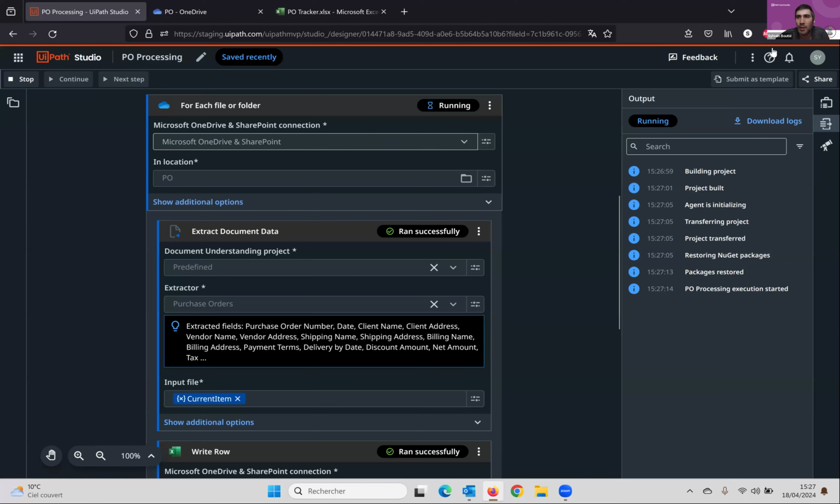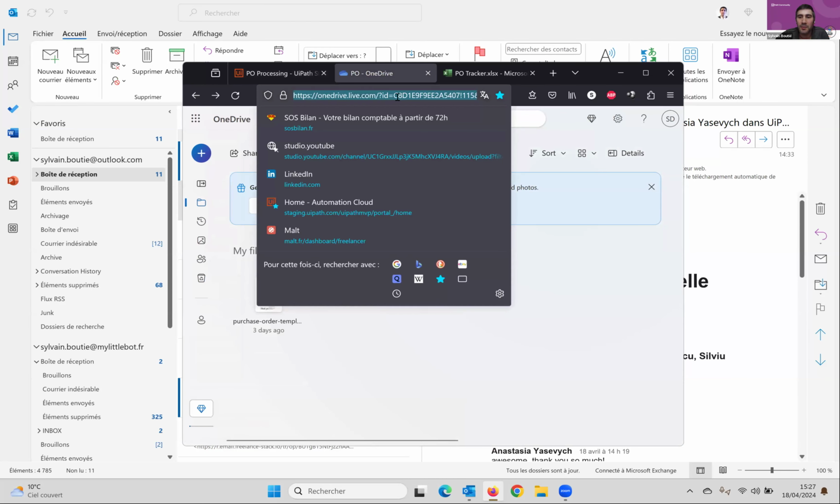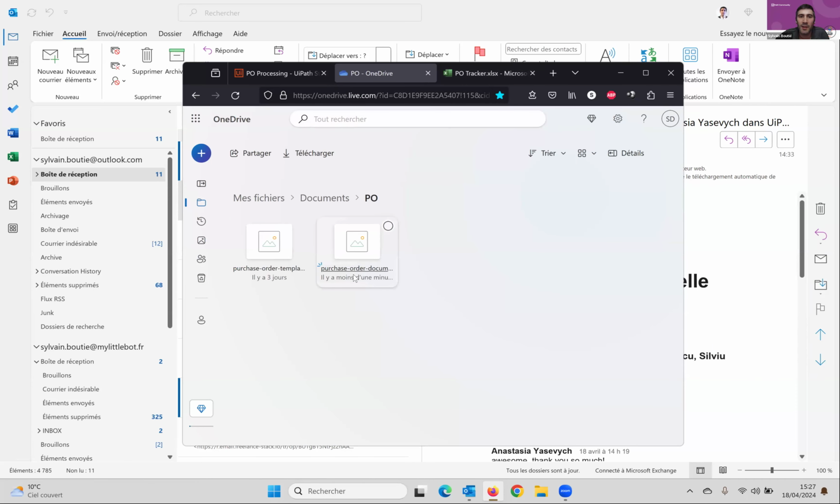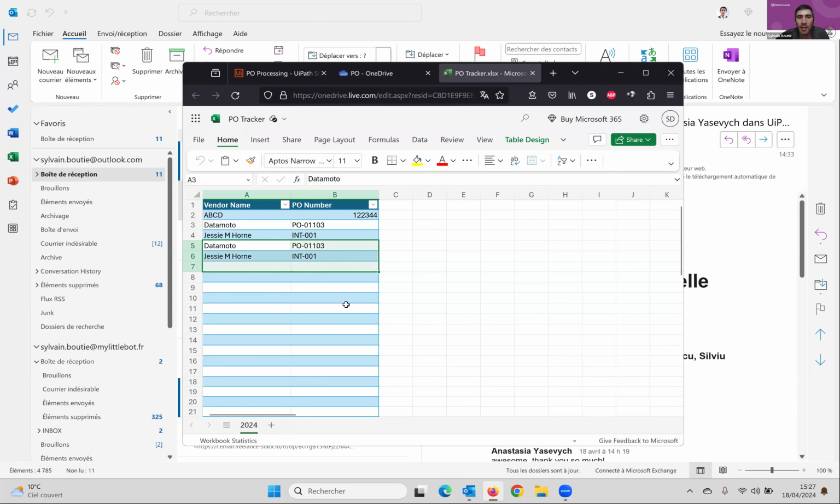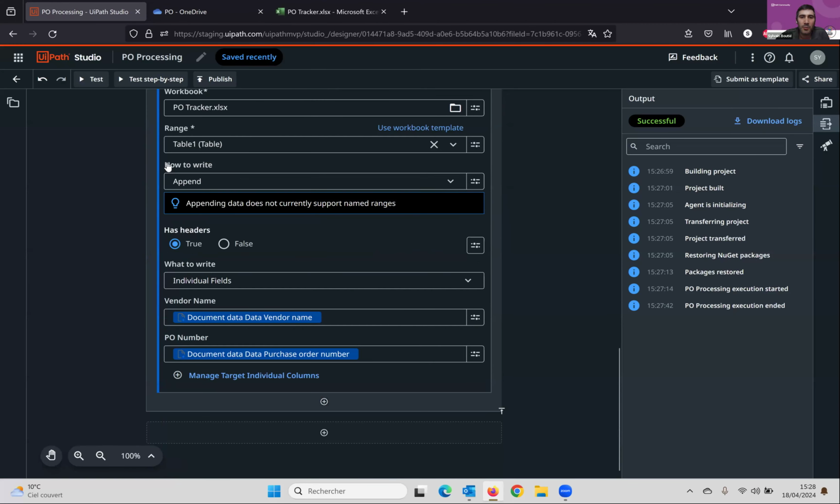Now I have these two POs. So if I go to my drive, if I refresh, I should also see the second PO that has been extracted from the email and added to the drive. And if I go to my Excel, I have these two new rows that have been added with the data. So this looks very good, but it starts to be quite a big